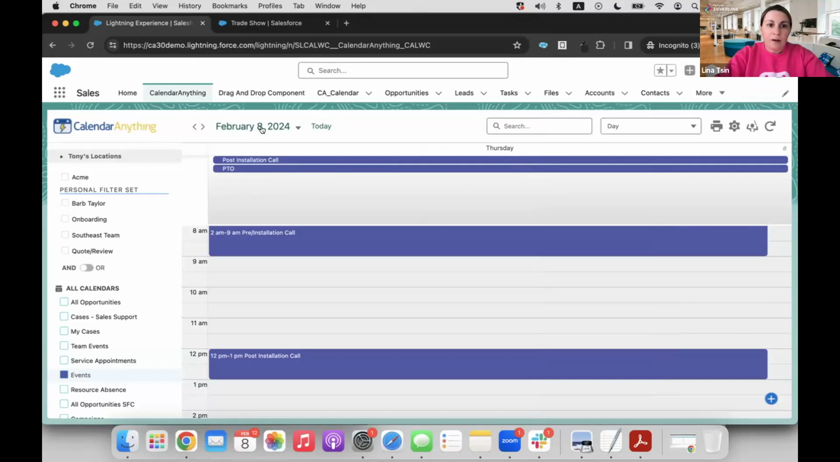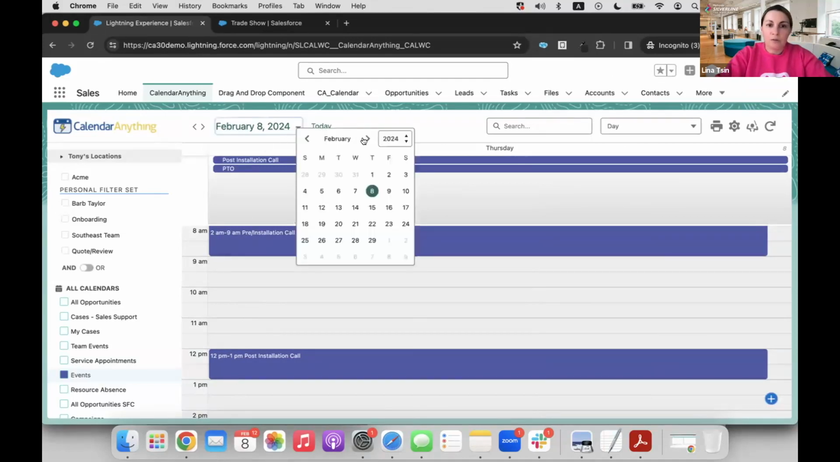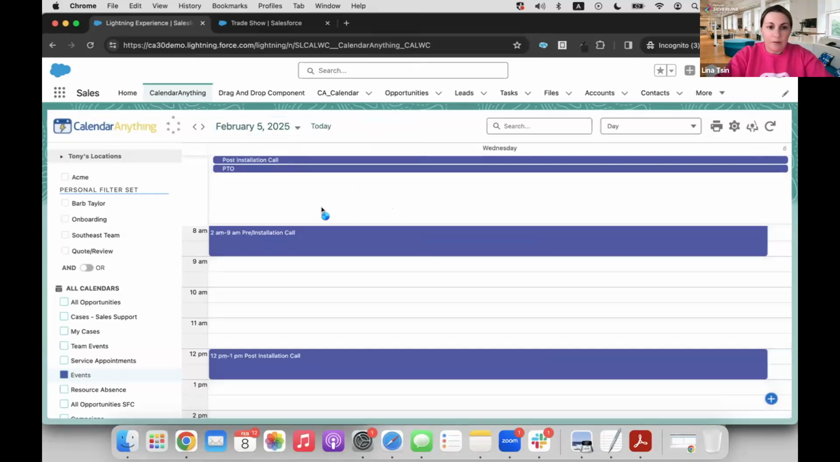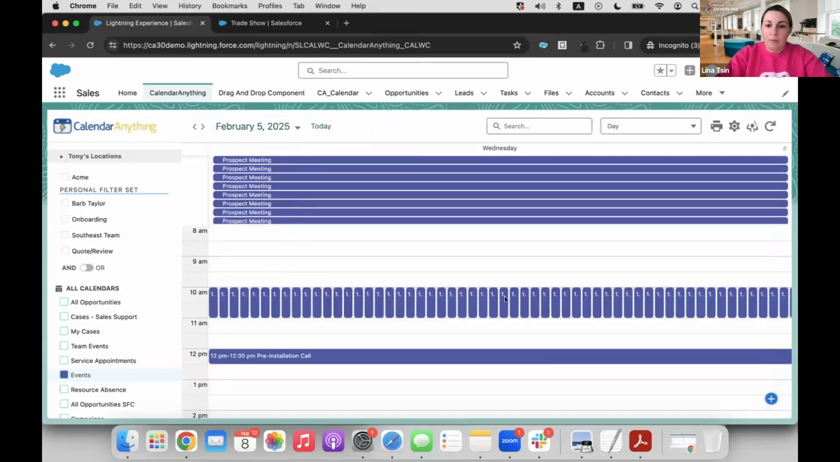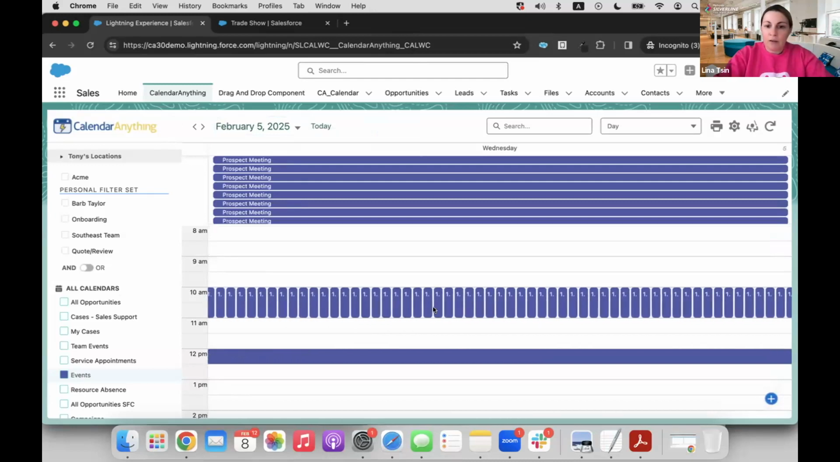Another thing I want to highlight is the new feature that we enabled, which is the horizontal scrolling. In case you have a lot of things happening at the same time, let me switch to a different date where I have some test data. I think it was Wednesday. You can see that I have a lot of events here, maybe over 100 or so. We enabled a horizontal scroll in the day view, so now I can scroll through my list